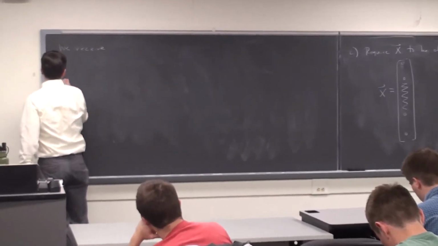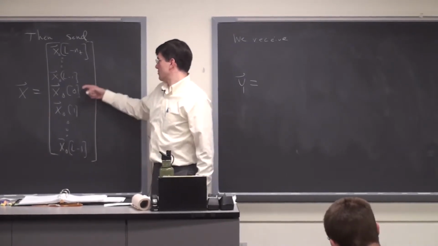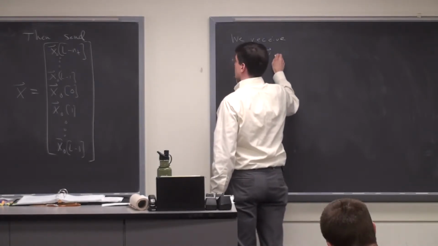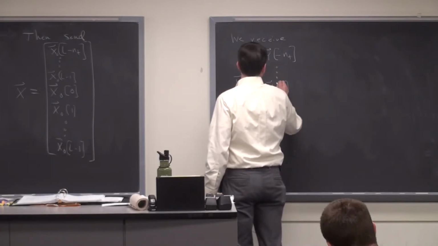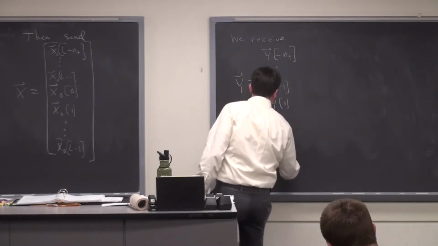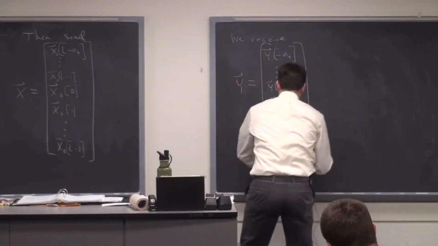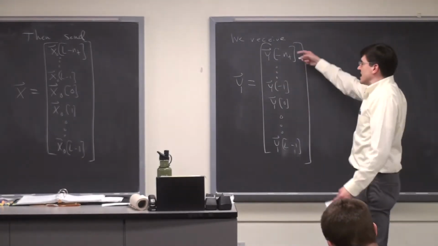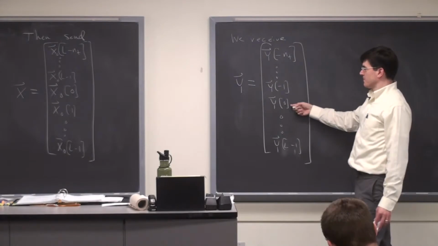We're going to receive a y vector. It's going to have L plus n plus samples to it. Let me index them as minus n plus up to minus 1, 0, and then up to L minus 1, like that. So this is the way I'm choosing to index y. Rather than starting at 0 here, I'm going to index it this way, so 0 is in the middle here.